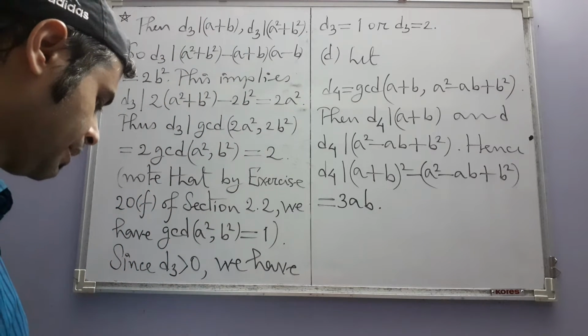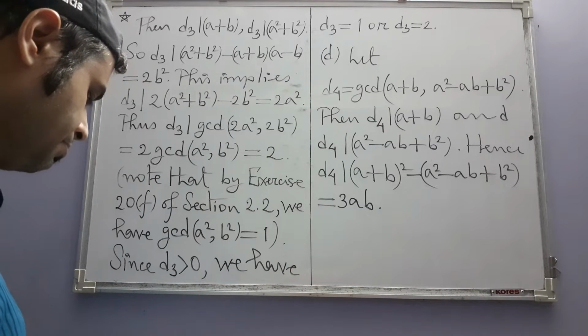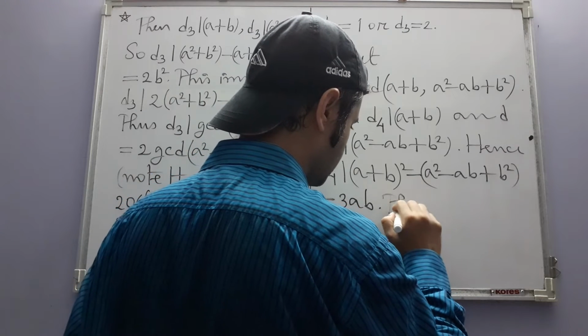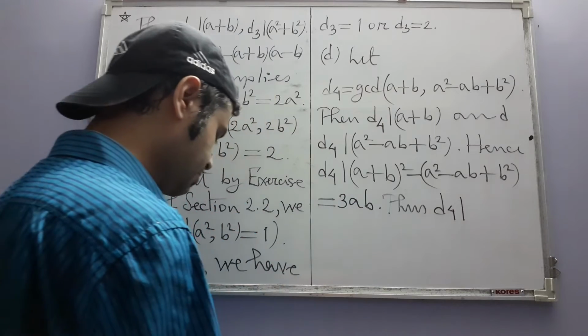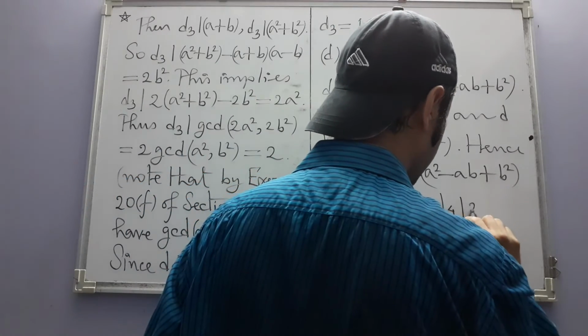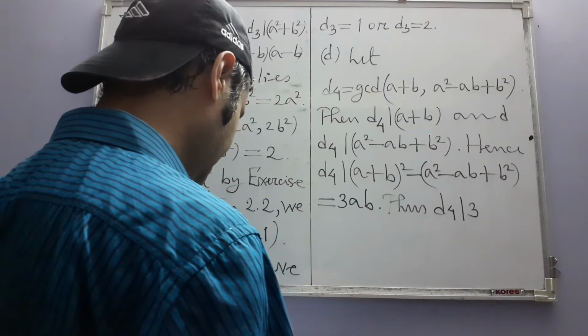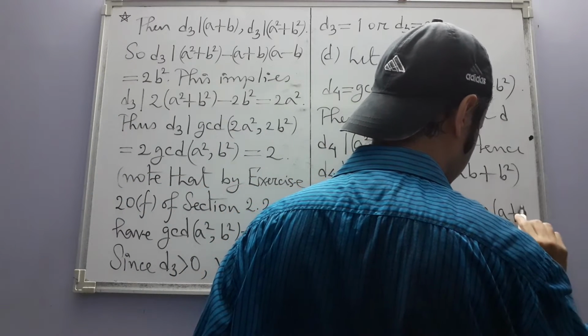And what we can do from here is this. Thus D4 divides not just simply 3 times, but 3a times a plus b